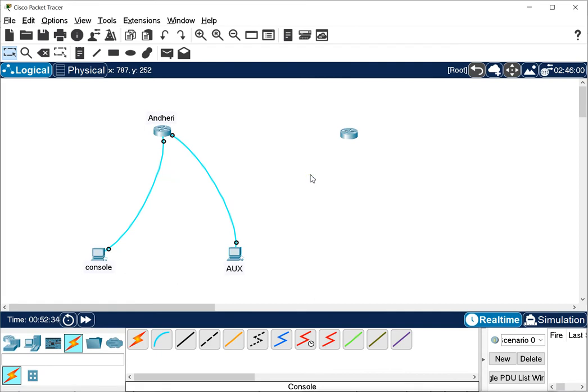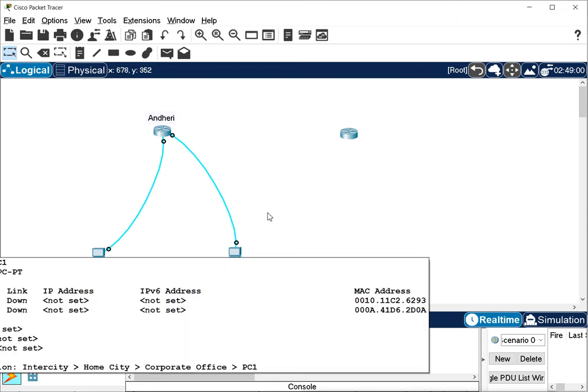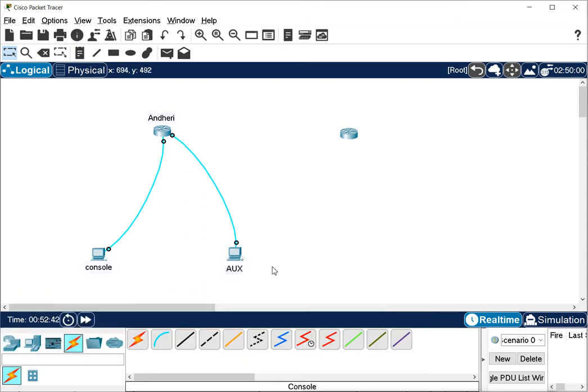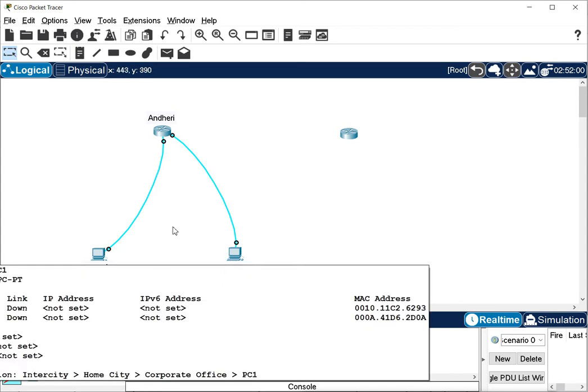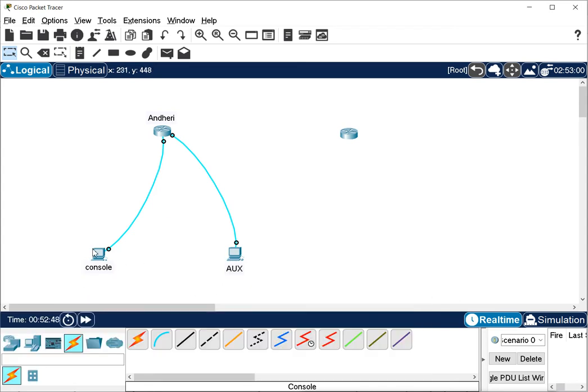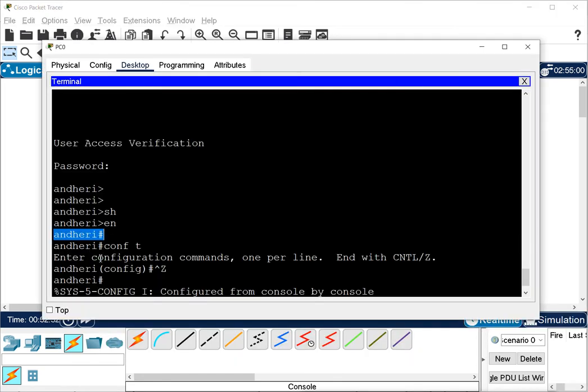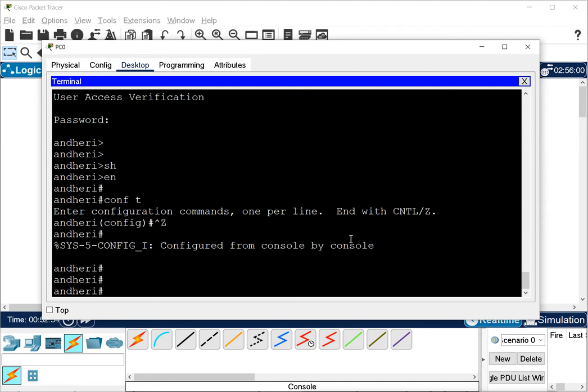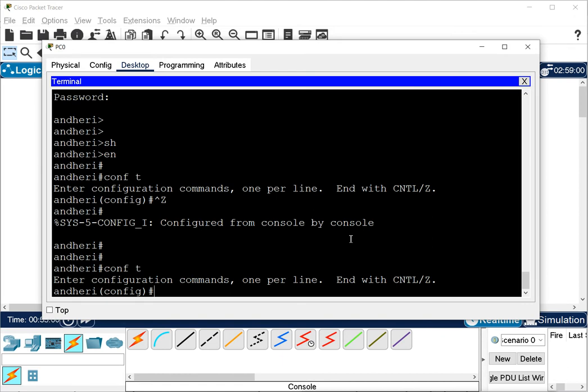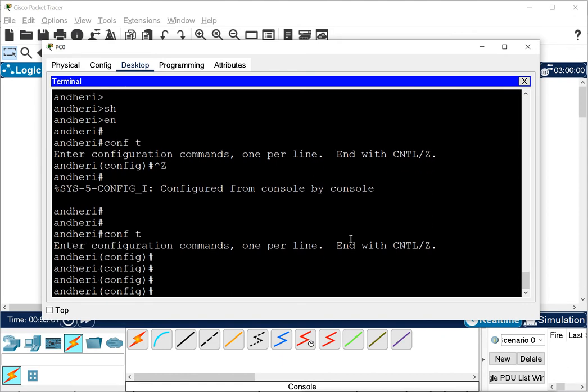Now again, if I want to configure the privilege mode password, remember I cannot go through the auxiliary port, because when I connect to the auxiliary port, I cannot go to privilege mode until there is a password on privilege mode. But we can go to privilege mode when we connect through the console port. So I go to the console port, and to configure the password for the privilege mode, I will go to global configuration mode, and here I have a command enable